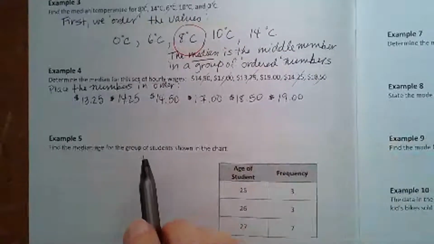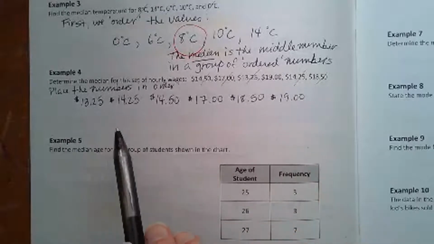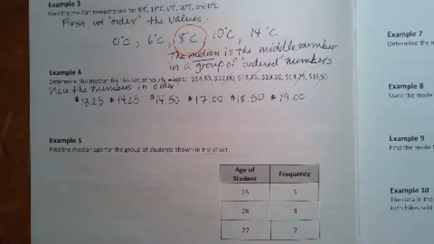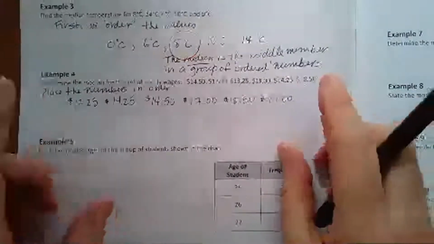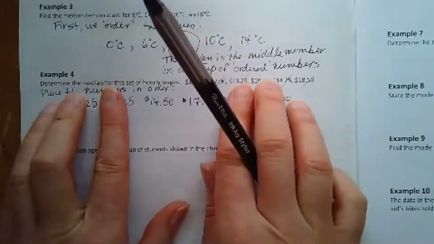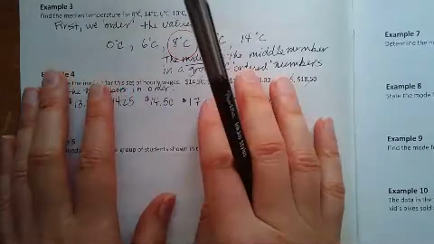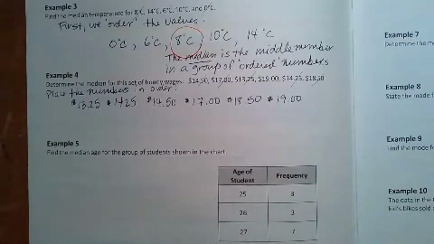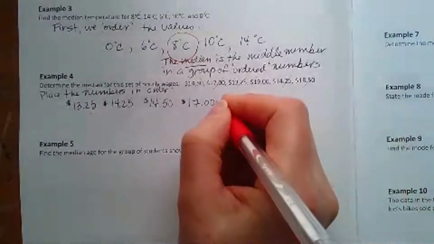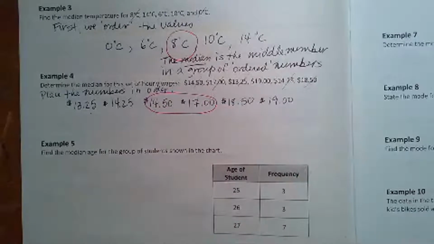All right, this time I can see 1, 2, 3, 4, 5, 6. I have an even set of values. So I'm not going to have a middle value. Watch this. These two pair up, these two pair up, and these two pair up. And there's no value without a partner. When we have an even set of values, I have to take these two middle values, and then the median will be